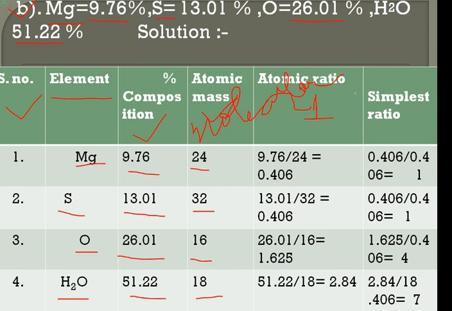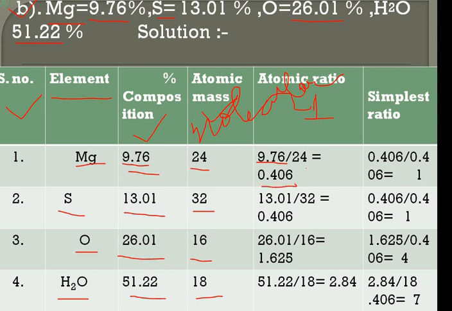It is the atomic ratio. Now, to calculate the atomic ratio, what is the formula? Just divide the percentage composition by the atomic mass. So here the percentage composition is 9.76, and we divide this 9.76 by the atomic mass of that particular element. Magnesium's atomic mass is 24. So the value coming is